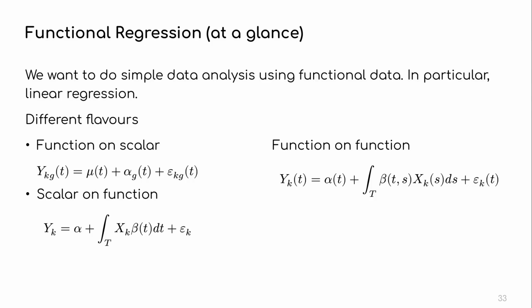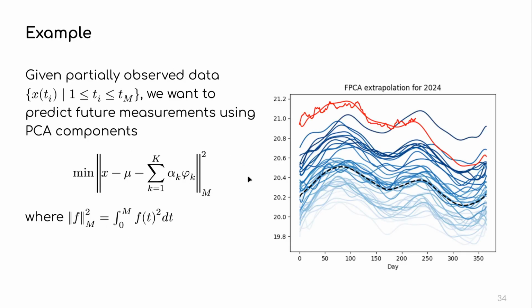And of course, then I have multiple variables of different types and so on, but that's generic. Note that here I'm using integrals, assuming L2. In general, this would be just an inner product, so inner product of x with beta, and this would be an operator applied to x, and so on. So that's functional regression. I just have one example, and then we move on.